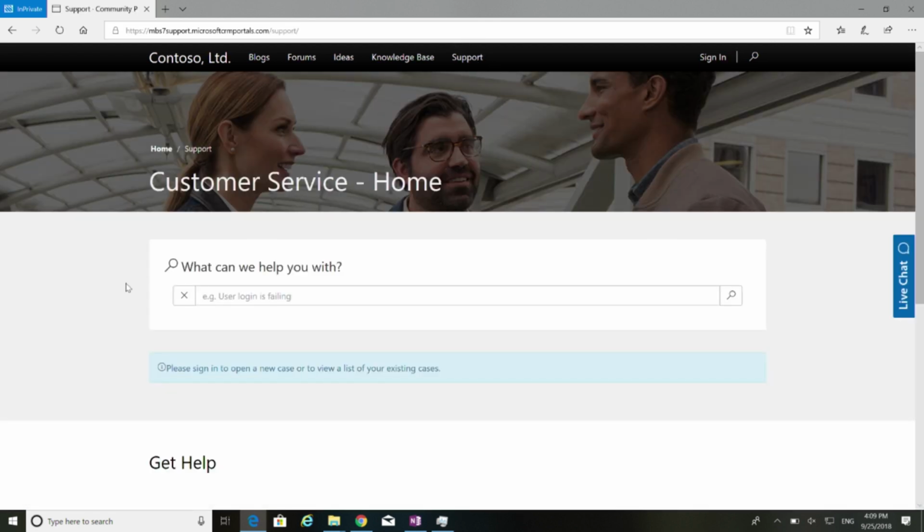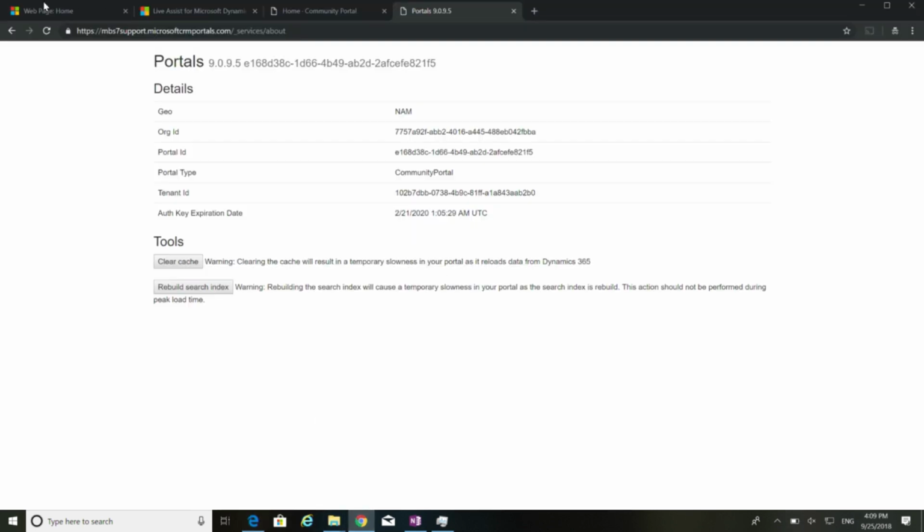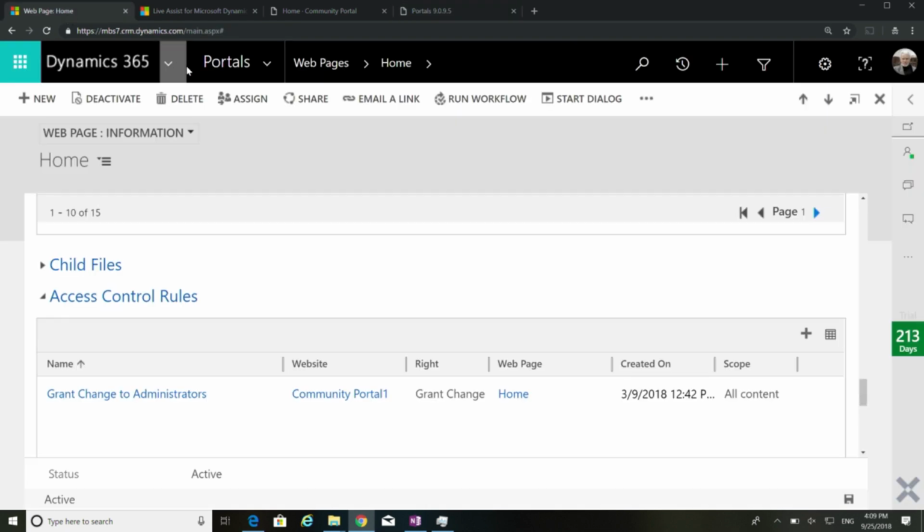Now if you see this page here, you will see that it actually shows a message, please sign in to open a new case, because I require my users to log in to create a case. That sign-in part is an example of how you can have dynamic content based on whether the user is logged in or not. How it is all driven is from a page template.